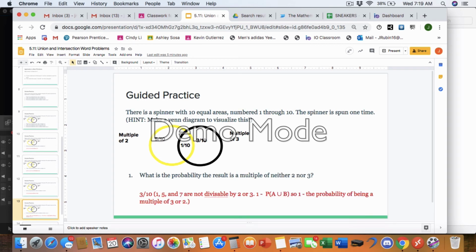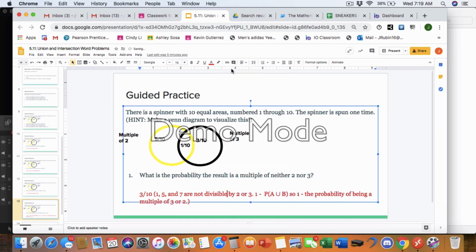Now, what is the probability that the result is a multiple of neither 2 nor 3? So now we're talking about the not. First off, you could think of it in numbers, and that's why we use this as an example. 1, 5, and 7 are not divisible by 2 or 3. But thinking about how you would solve this, you would do 1 minus the probability of A union B. So in this case,